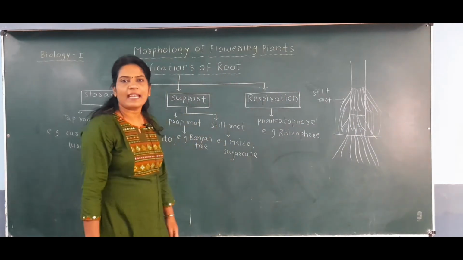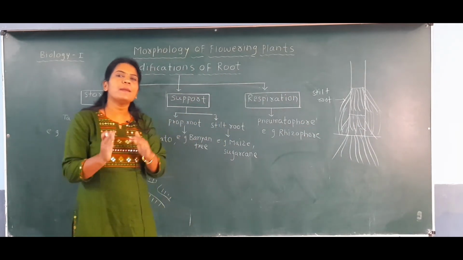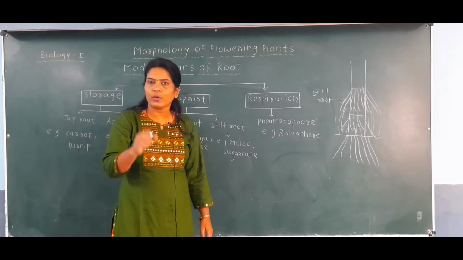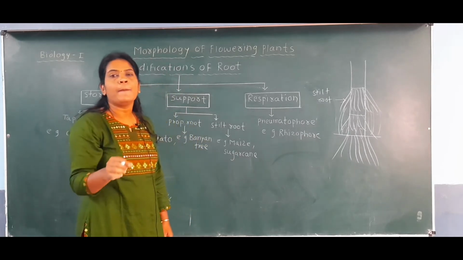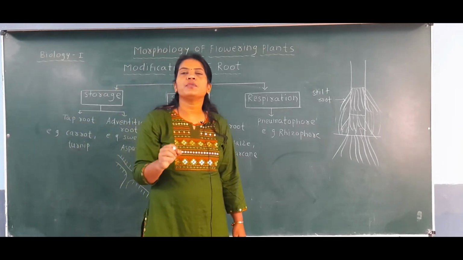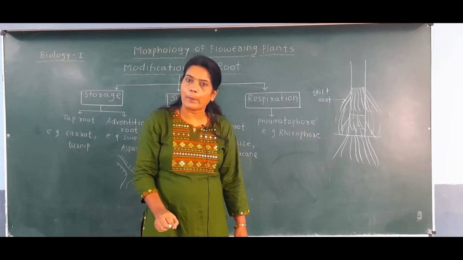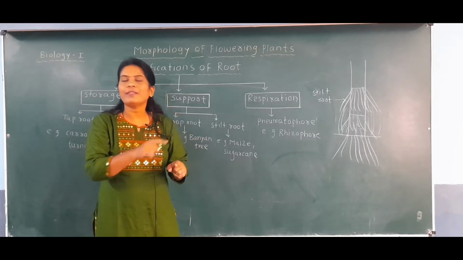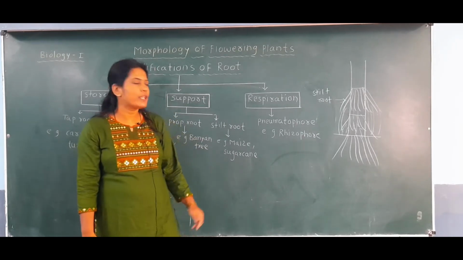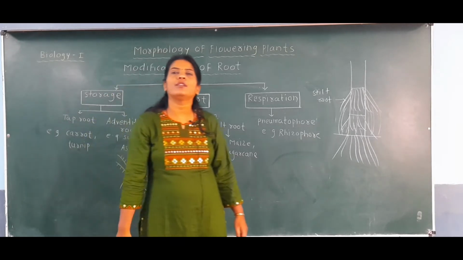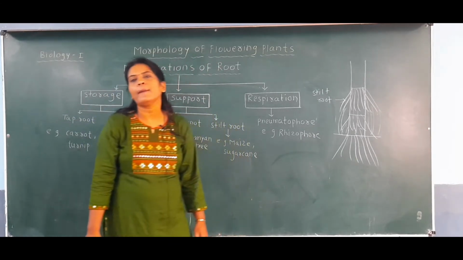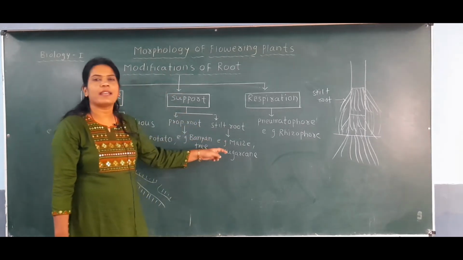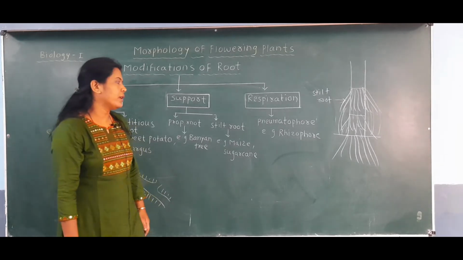Okay, so this is the second example. The same structure you can observe in the second example, the sugarcane, because you know that sugarcane is very large, its height is very large, and such a sugarcane's root cannot hold that sugarcane properly inside the soil. So on the sugarcane plant also, from the base of the stem additional roots arise, those we call stilt roots. They again grow inside the soil and give proper support to the sugarcane plant. So the second type of example of the stilt root is the maize and the sugarcane.